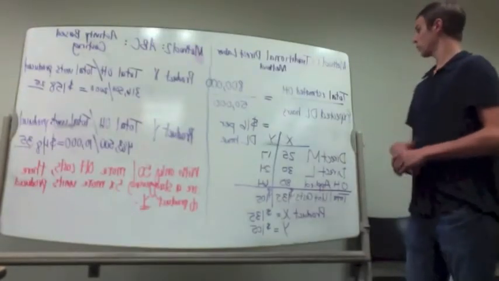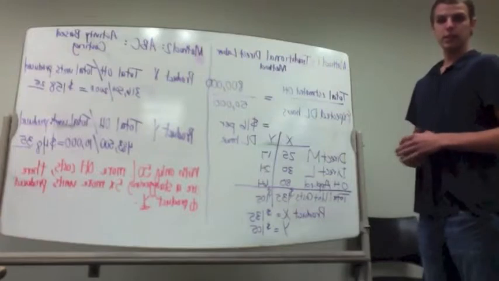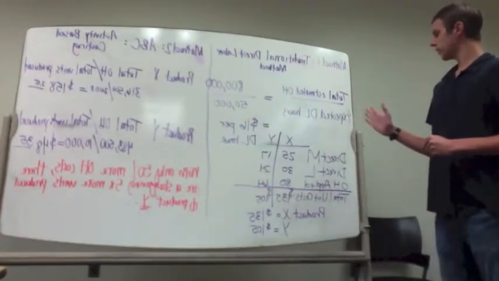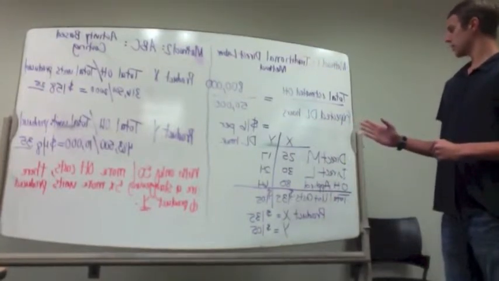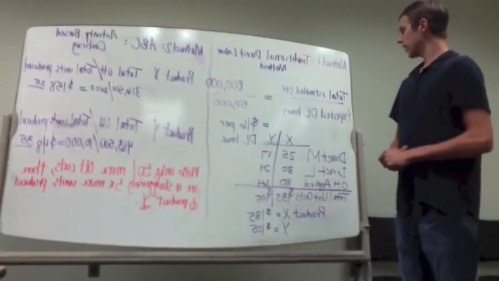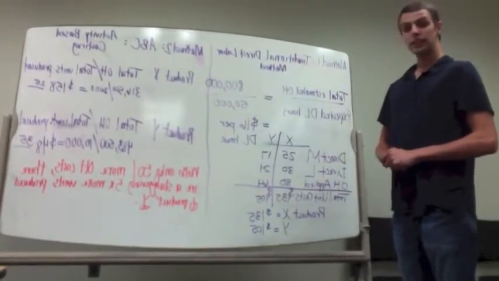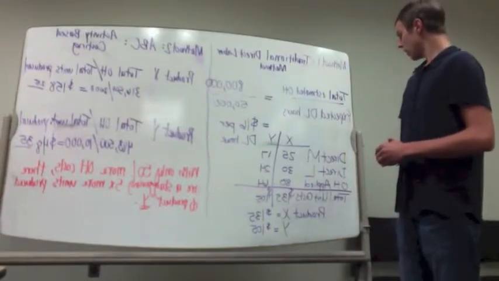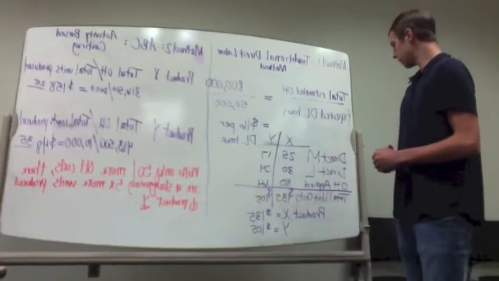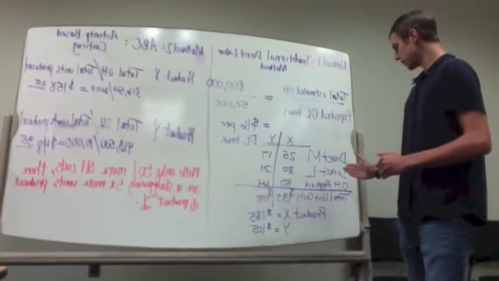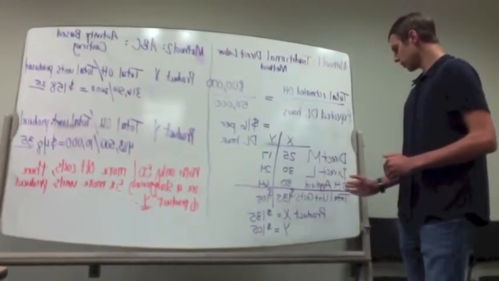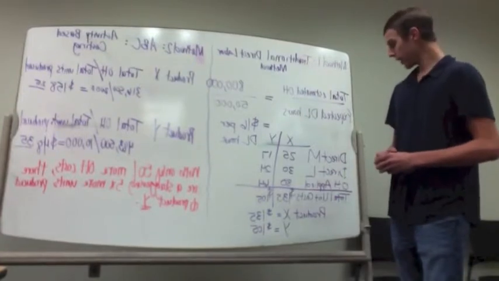I'm Colby Jones, and with method 1, we applied the overhead using direct labor hours, and the total estimated overhead for everything was $800,000, and the expected direct labor hours was 50,000 hours, and when we divided that out, it equaled $16 per direct labor hour. To find the unit product cost of both products X and Y, we did the direct materials plus the direct labor plus the overhead applied, which gave us a total unit cost of $135 for X and